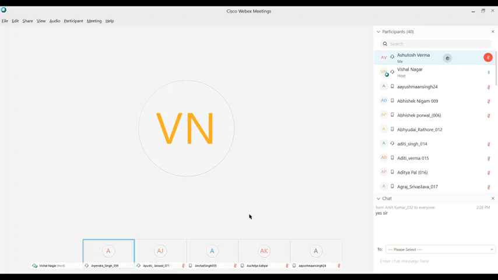Just tell me, we already have IPv4, so why was there a need for IPv6? Actually, the size of an IPv4 address is 32 bits, which means 2 to the power 32 devices can be in the network. But because of the growing size of the network, these 32 bits are not sufficient for catering to the growing size of the internet.